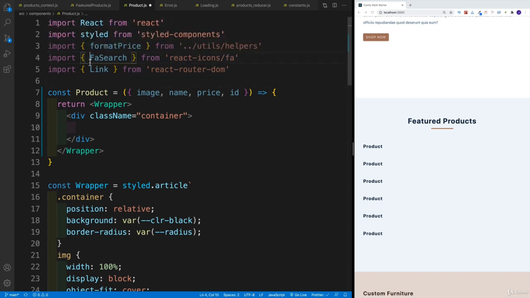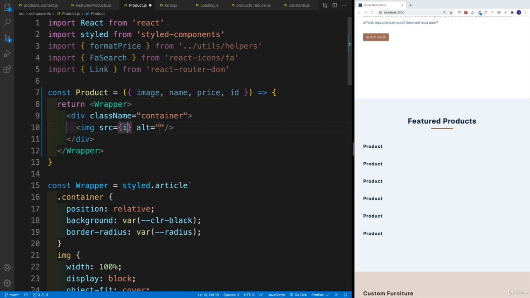And in here, I have FA search. So that's my icon. And then I also have the link. So I'll place the icon inside of the link, but link, of course, is going to use this ID to navigate to that specific product page. Now, of course, page is a placeholder. Remember that single product is a placeholder page where there's going to be a use effect, and we'll pass in that specific ID in the use effect. And then, of course, we'll fetch that single product. Hopefully that is clear, since, again, we have done that already before.